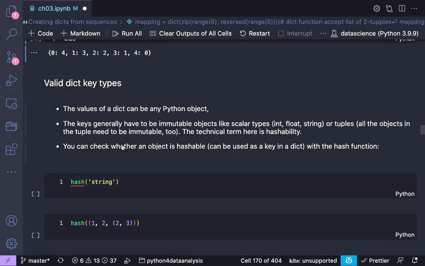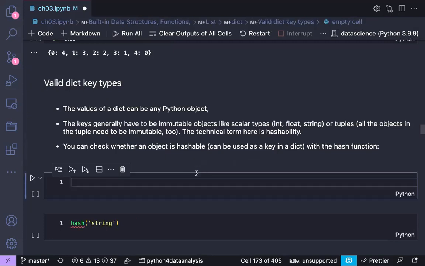Valid key types. So now, does that mean in a dictionary we can have everything as a key? For example, let me see this. I want to create a dictionary like this. Maybe I want to have two items in the dictionary: A equals 2, and B equals 3. And 5 is a key, equal to maybe B. So here, when we run this,